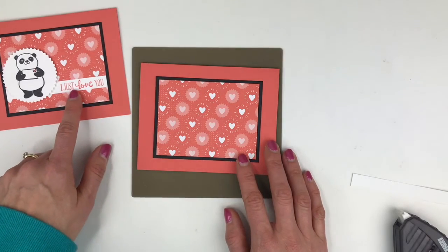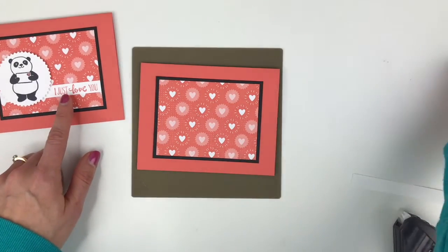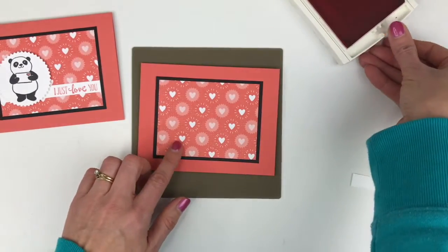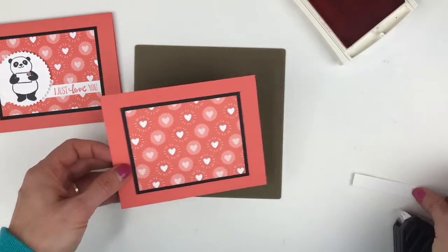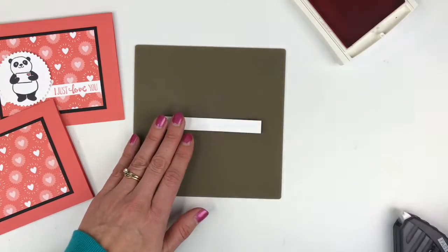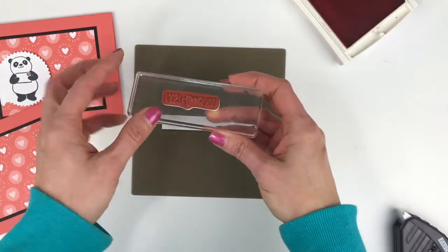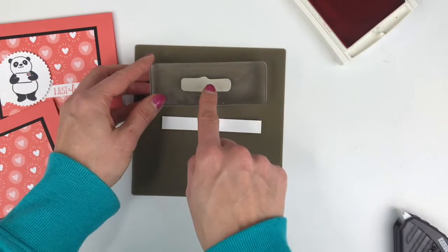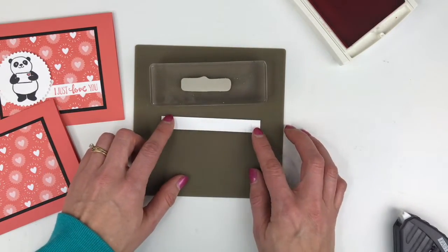The next thing I'm going to do is stamp "I Just Love You." We're going to do that in a Calypso Coral ink that matches our cardstock and our pattern paper. And I'm going to take my little white strip. This is a clear mount stamp, so I have it mounted onto a clear block. I can't see through where I'm stamping, and I want it to be straight on this piece,